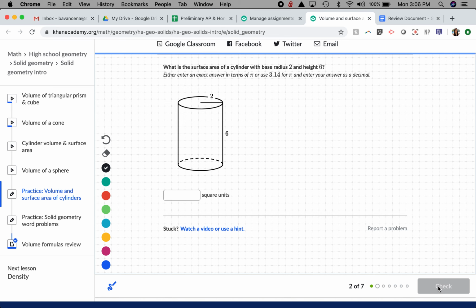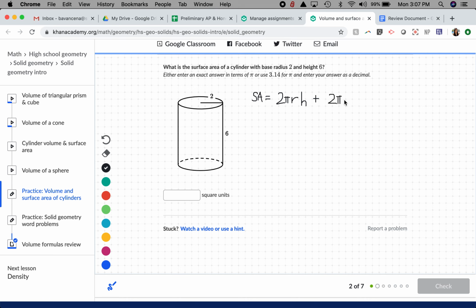Let's check out this next problem. What is the surface area of a cylinder with base radius 2 and height 6? So first thing I'm going to do is write the formula for the surface area of any cylinder. Just make sure you're using the correct formula. Unlike the other problem, we are looking for surface area and not volume. So we're going to have 2 pi r h plus